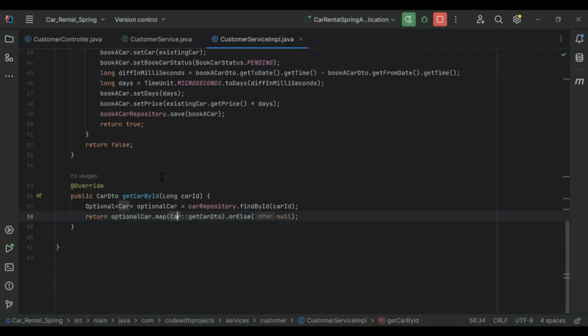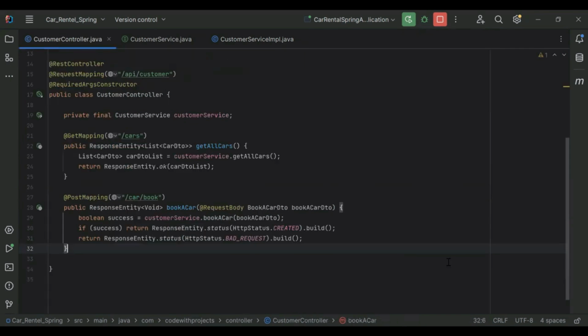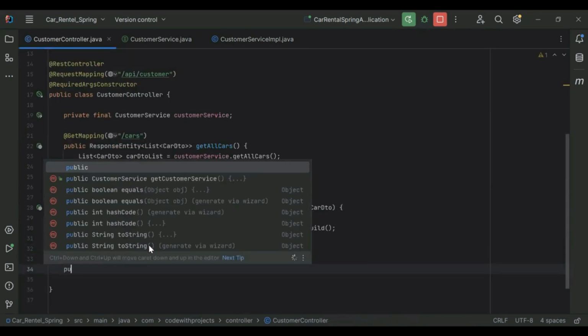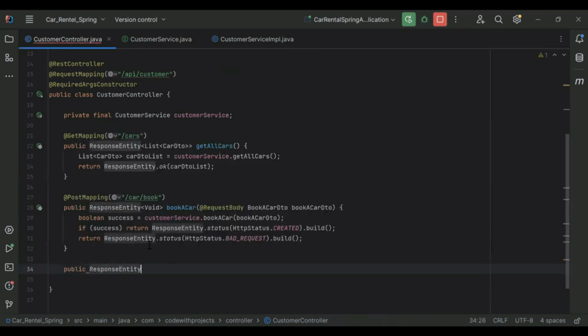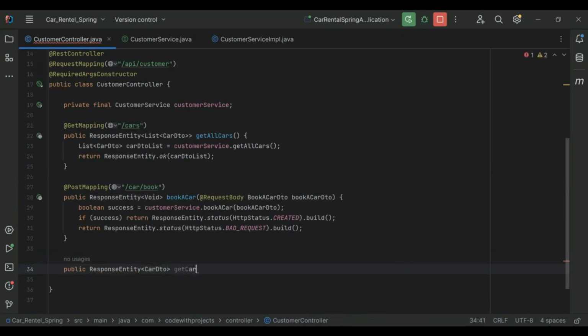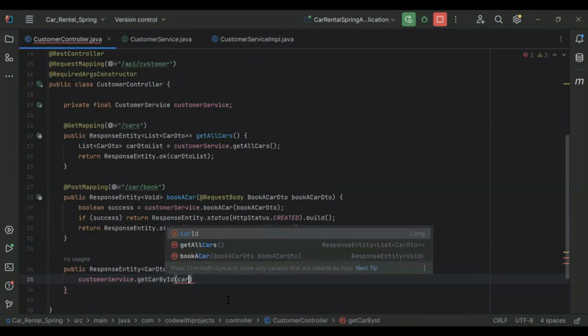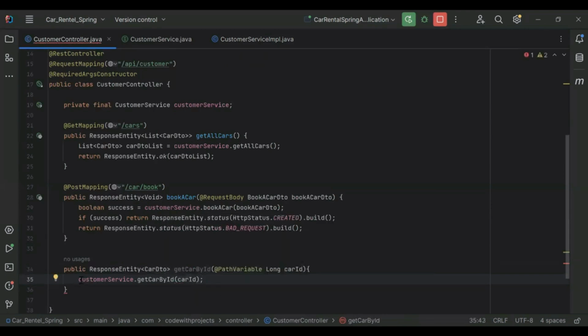Okay. So let's go to our customer controller, and here I'm going to create a method. The method will be a public ResponseEntity, and here I'm going to add CarDTO, and the name of the method is getCarById, and we need to get the car ID from the URL. So here we need to add the annotation @PathVariable Long carId, and here we need to call the method from our customer service, getCarById, and here we need to pass the car ID,